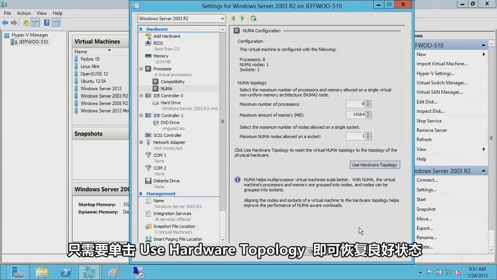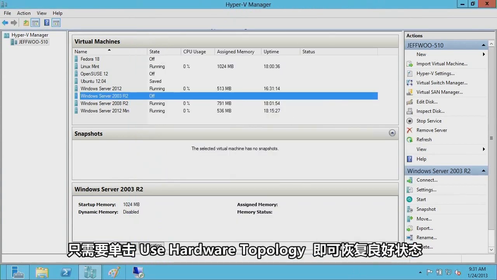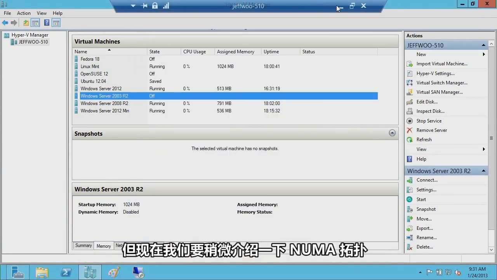By default, we do the right thing. We look at the hardware, we determine what the optimal configuration is, and we set it. And even if you go in here and decide to make those changes, click on Use Hardware Topology, and we'll make sure you get back to a good state. So we'll be back here in just a minute, but that's a little bit on what we're doing in terms of NUMA topology. The reason why this is important, again, is as you deploy those large scale-up applications,